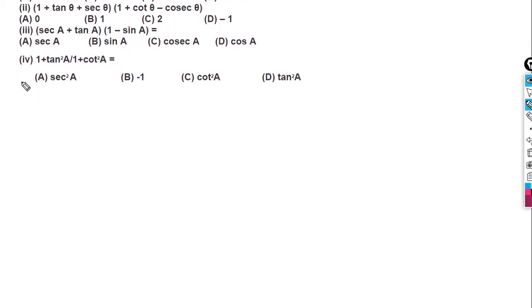Let's write the question: 1 plus tan theta plus sec theta, whole into 1 plus cot theta minus